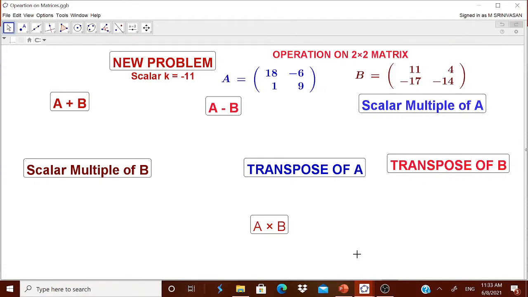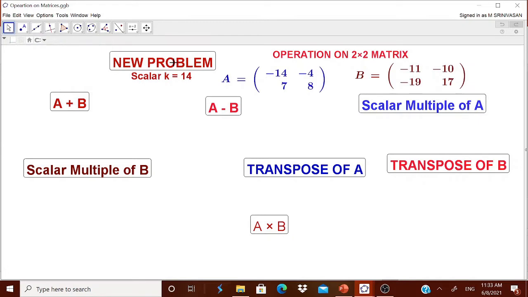We will be designing a worksheet for operation on 2x2 matrix. It can be converted into an operation on 3x3 matrix also. Now you see, it can be highly useful when you are taking online classes or in the classroom also. After this operation on matrices topic is being taught, you can have a quick look at this, how the children learn it. Now here I have made a worksheet where when I click this new problem, the numbers will get automatically changed.